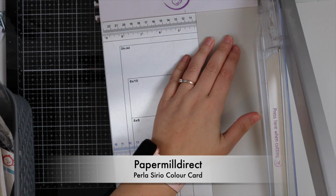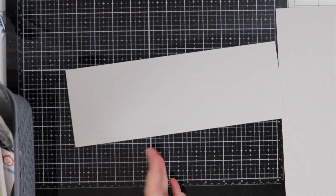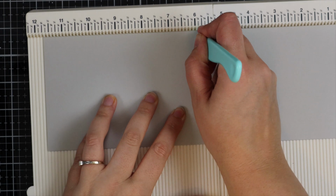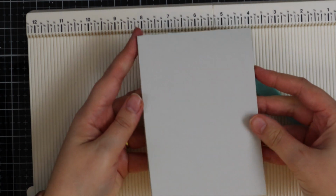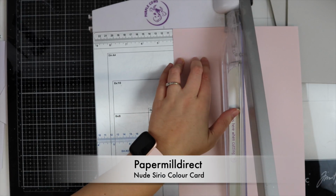So to start with, I've got some Papermilldirect cards. I've used some light grey cardstock, and I've just trimmed this down to 4 1/4, and then I'm going to score it at 5 7/8 on my scoreboard. So I've got my card base, and then I'm going to do exactly the same with this light pink card,